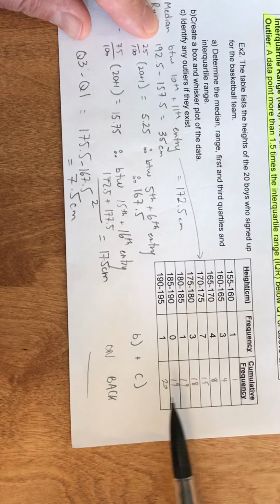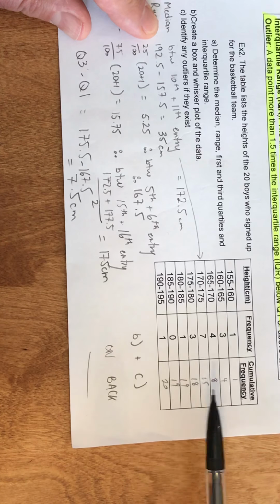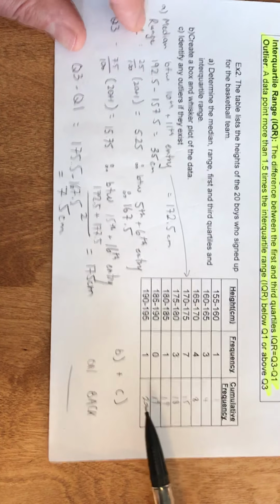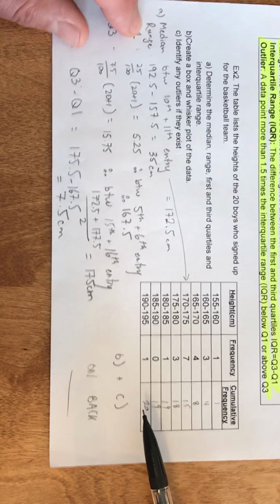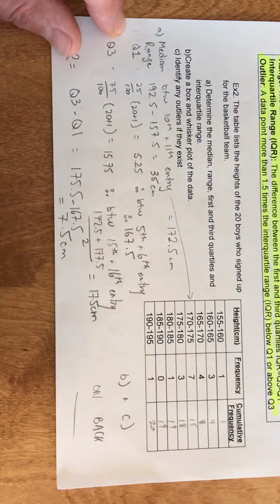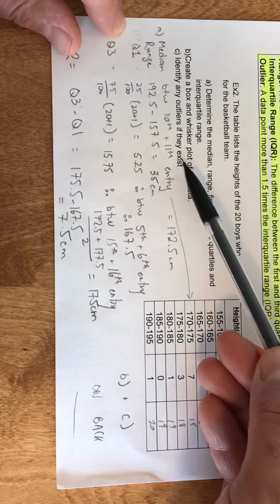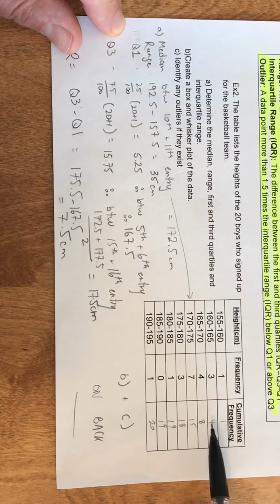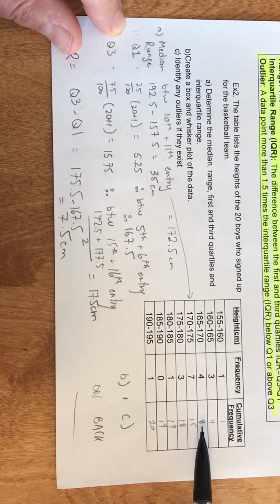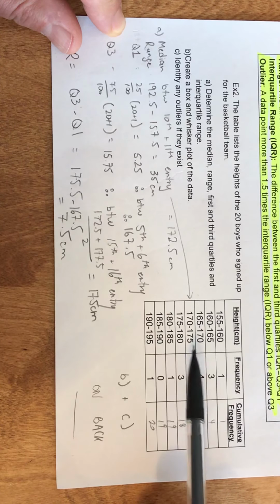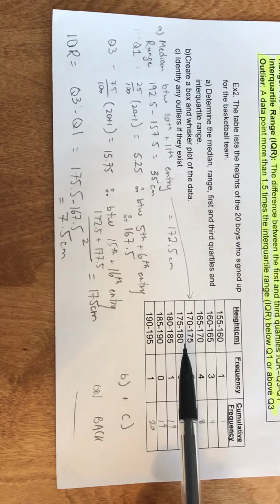Here is cumulative frequency. It just helps me keep track of how many people I've counted already. There are 20 in this study that came out for the basketball team. So the median is between the 10th and 11th entry. When I look for the 10th and 11th entry, there's 1 here, 4 here, we're up to a total of 8. So 9, 10, 11, 12, 13, 14, 15 all go into this category right here, which we average